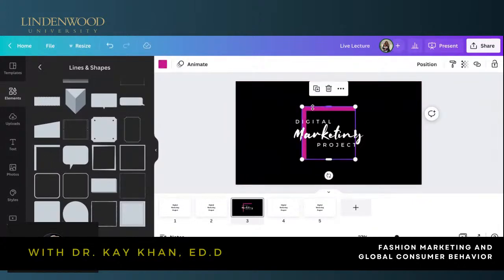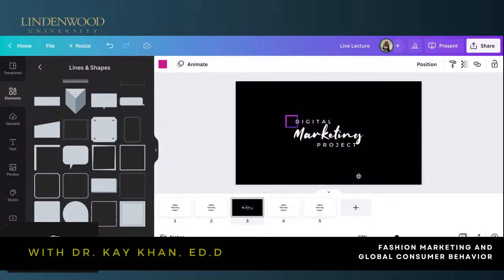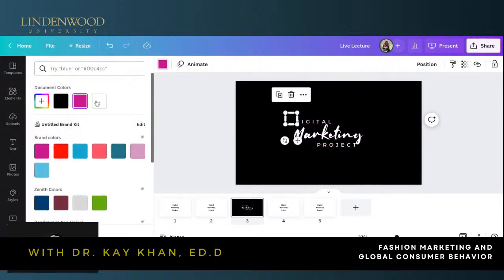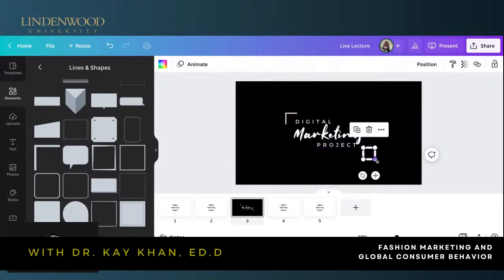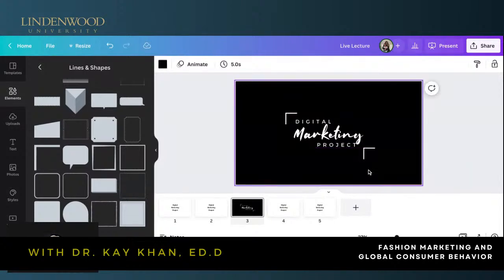So I'm going to go in here and get a shape. And I like this shape here. So I'm going to scooch this down so that it's small. I'm going to place this here. This is white. And then I'm going to place this here and I'm going to flip it. Let's see, is it going to allow me to flip? Okay, I might have to manually flip it. And then you see these numbers. The numbers help you know if you have it straight. So at 180 degrees, you know that it's straight on. If it's like a 170, then it's going to be off.